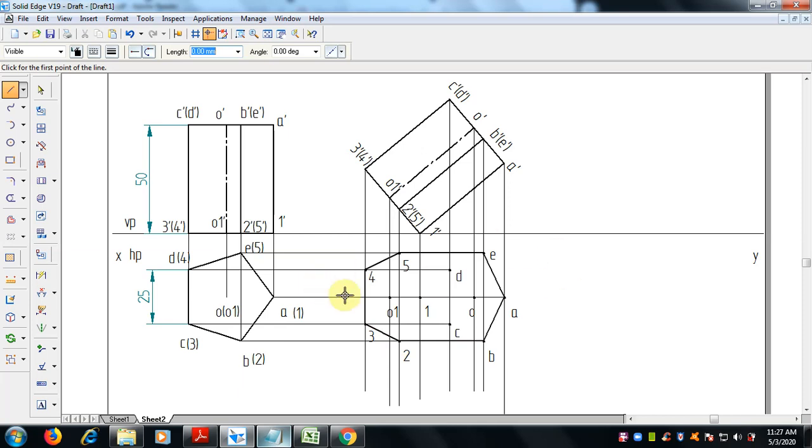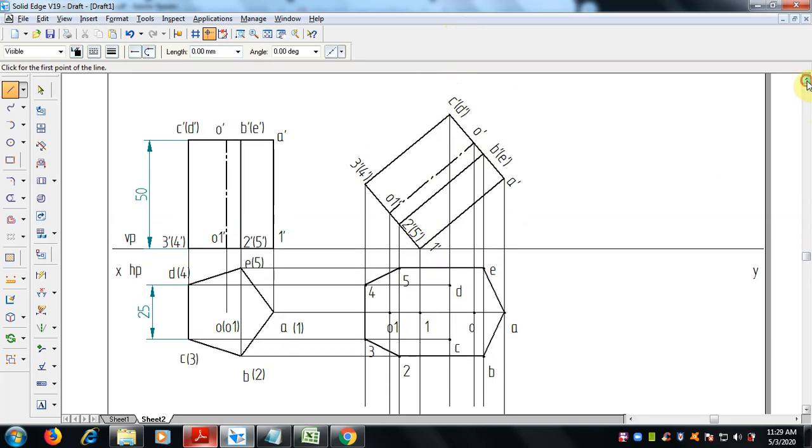Okay, now this is the line. So this is the maximum border, this A and this 3 4 and this CD. So now from the top view, we have to see exactly what is visible and hidden.